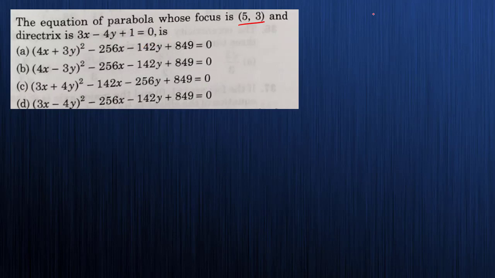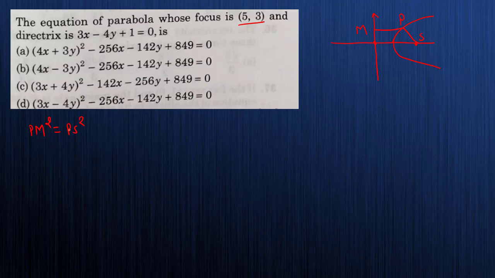So it is a bit conceptual question. Look, here is our parabola, this is a focus and this is a directrix. What is the definition of the parabola? It is the locus of a point which is equidistant from the fixed point and fixed line. Suppose I take this point as P, this as M and this is S. So PM equals PS, so PM square equals PS square by definition of the parabola.